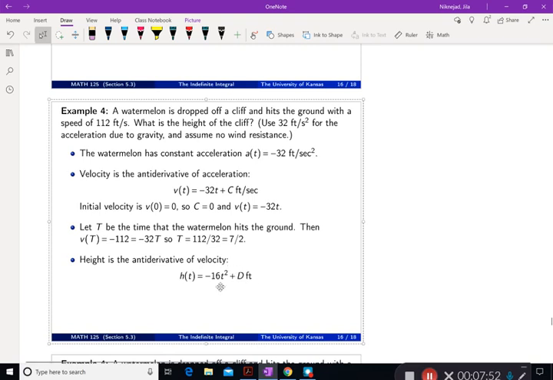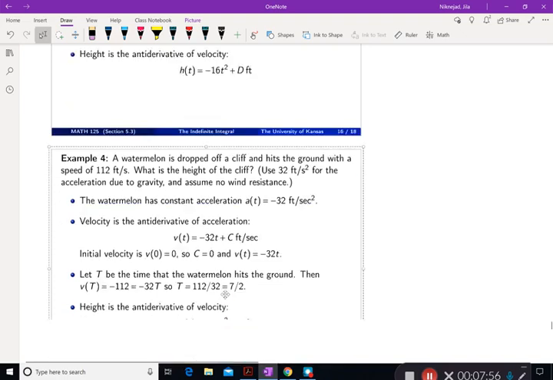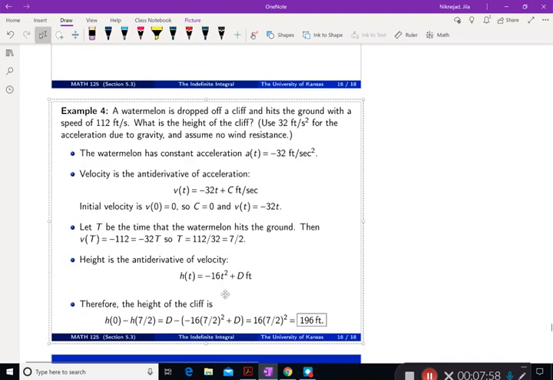And if I subtract the two from each other, the d's are going to cancel out. So that's the plan of action next. h of 0 minus h of 7/2 is d minus (-16 times (7/2) to the power 2 plus d), and you end up with 16 times (7/2) to the power 2, which is